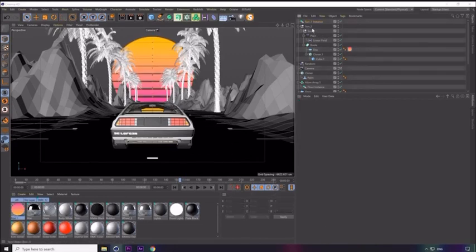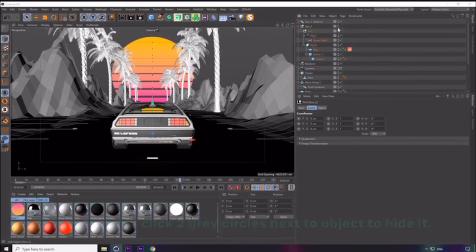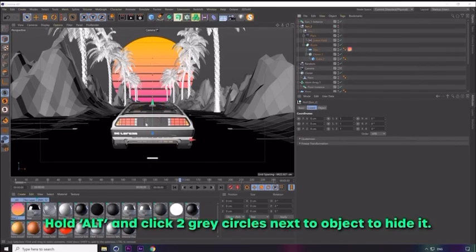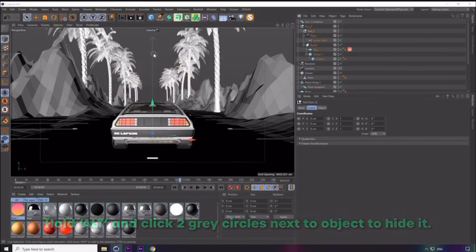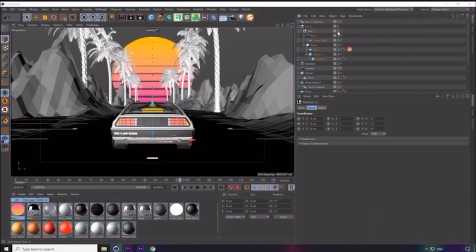Now, the reason there was a second level null object is because I want to be able to hide the first one down here. Because if I just hide this one, it affects the instance and makes that disappear too. So that's why I had to nest it twice. Instance the first one and then just use the second one to hide the first one. Okay, I hope that makes sense. Hopefully I'm not making everything too confusing here, but that's just a hack